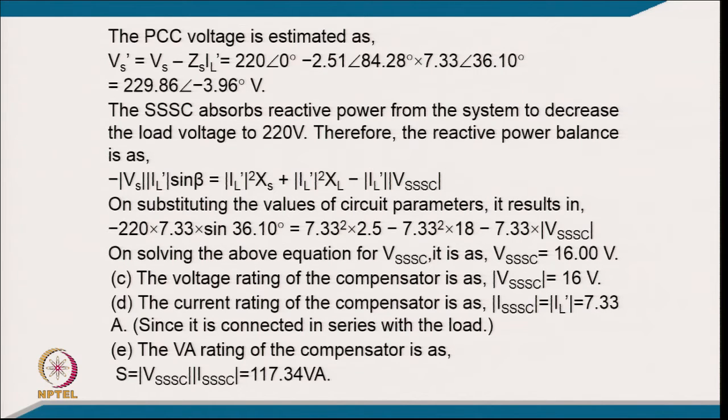And the SSSC absorbs reactive power from the system to decrease the load voltage to 220. Therefore, the reactive power balance can be calculated from this formula, and the VSC voltage comes to typically 16.00 volt, which is the voltage rating, and the current rating is the same as the series compensator, and the VA rating of the compensator is at